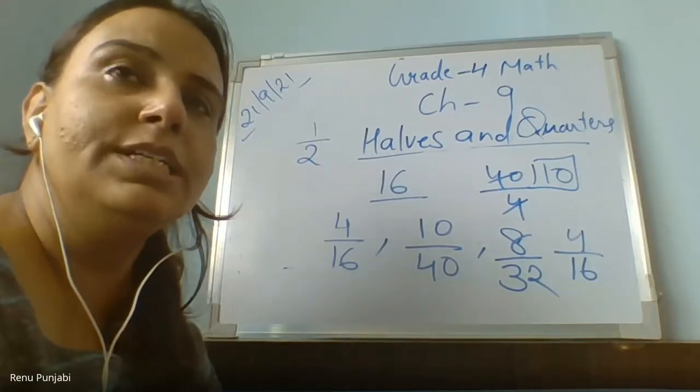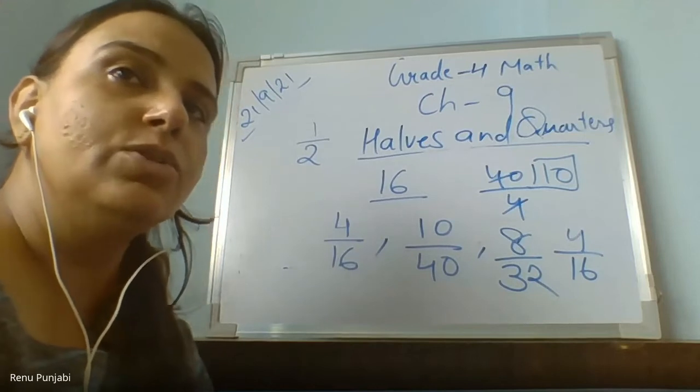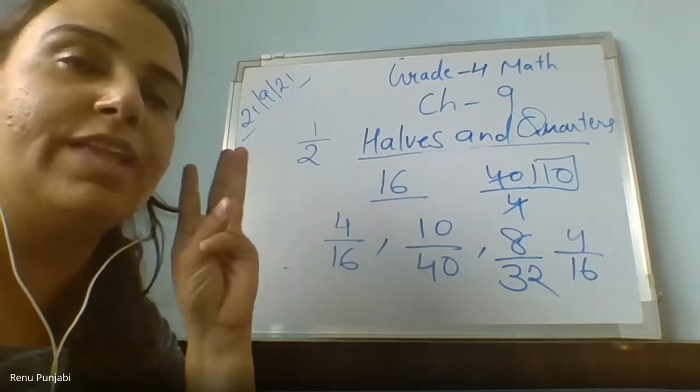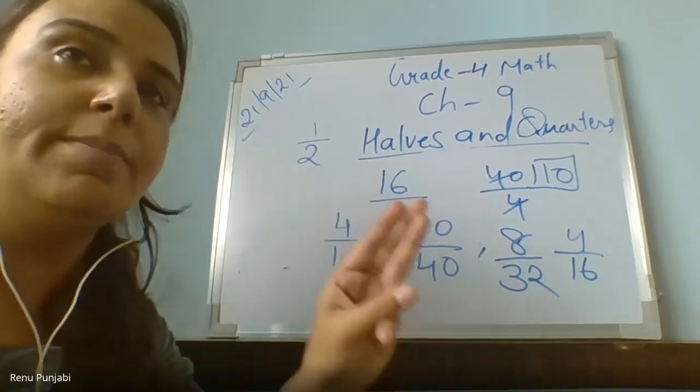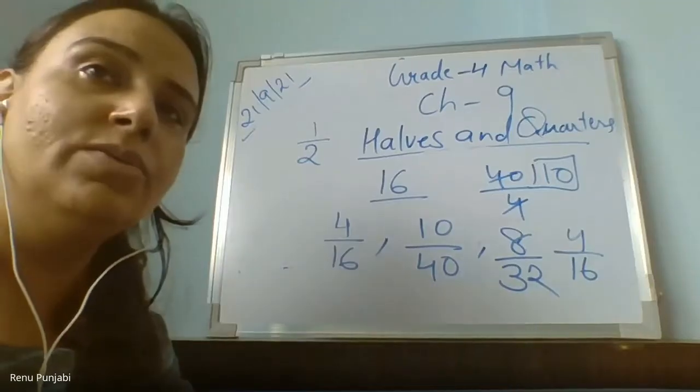So how many objects will each one get? Always when you're finding the quarter of any number, you divide it by 4. So 12 divided by 4 is 3. If you want to write the fraction of those 3 parts, it is 3 upon 12, because the total was 12. Got it now? Yes, because I was confused in that one only.